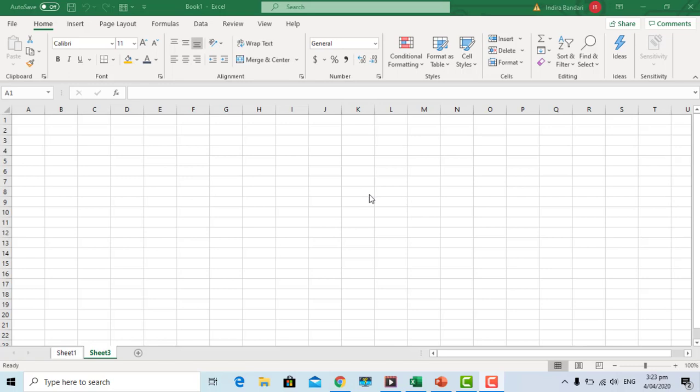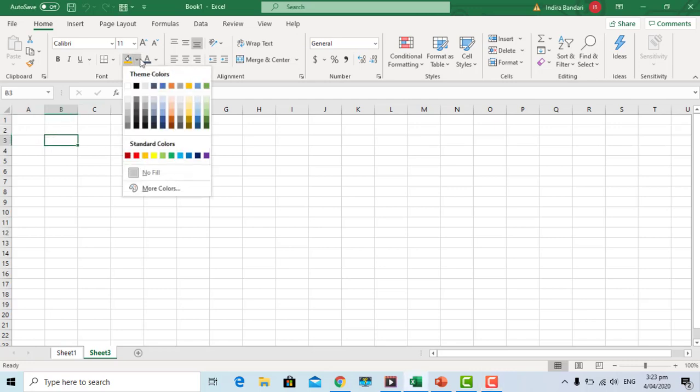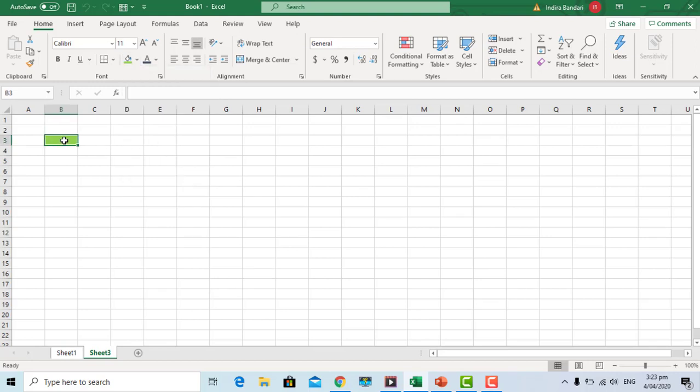So here we are on our Excel sheet, and to start off we will click on a random cell. I'm just going to click on this cell here, and I'll fill it in with a color, maybe like a green, and then I'll type in a random number. So probably I'm just going to do 1 first. And then you are going to